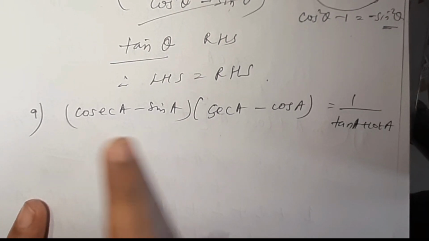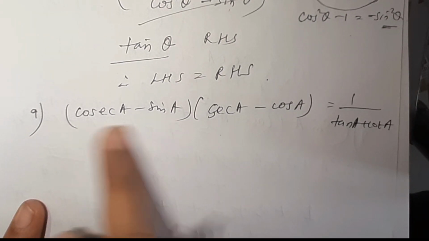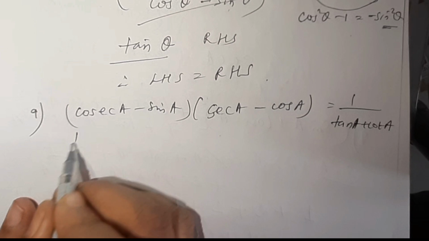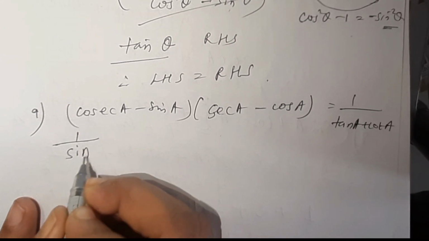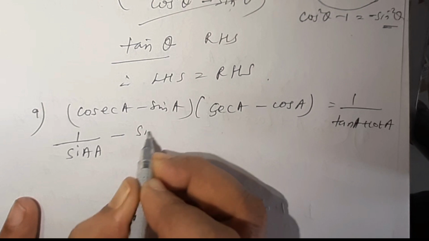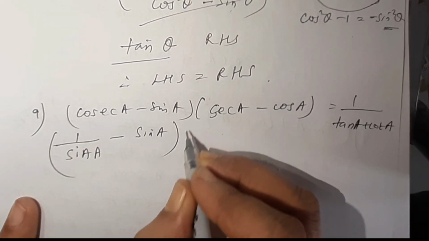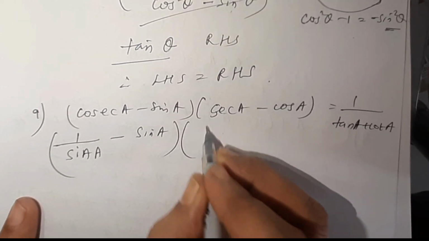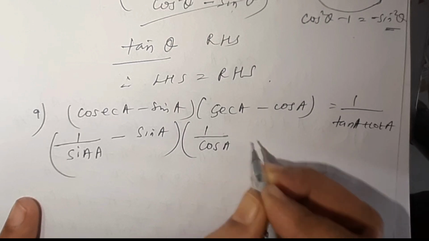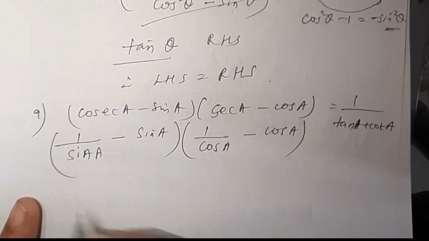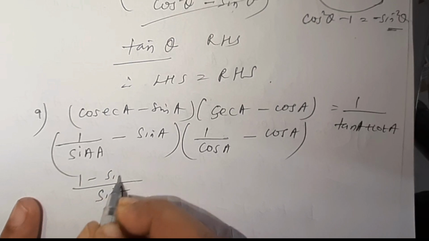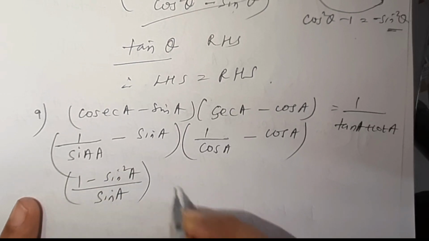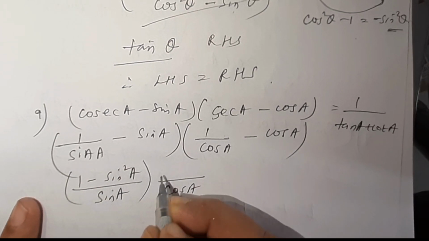Here it is cosec A minus sin A. Both are reciprocal terms. So again going to change this cosec as 1 upon sin A and keep the next term as it is. And the same way sec and cos are there. Sec is 1 upon cos, minus cos A. Now get LCM for this. Sin A is LCM, so it's 1 minus sin square A, and here cos A is LCM, so it's